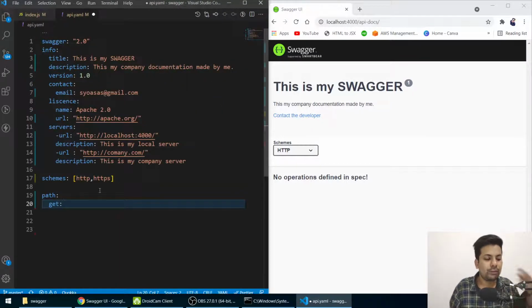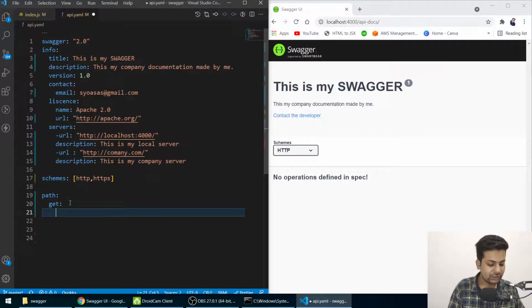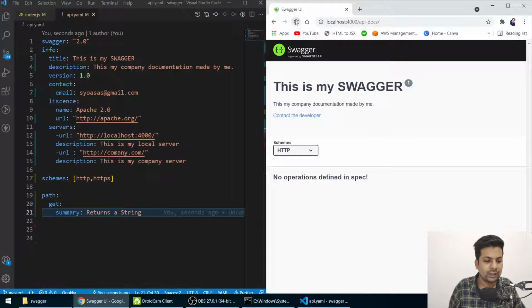If you want to do a post, you will write post. So we are doing a get, and after that we'll write the summary, like what the normal API does. I'll just write returns a string. Normally it just returns a string. If I save it, let me show you what happened till here.